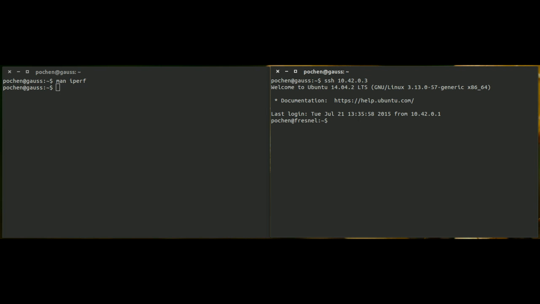And then on Fresno, I'm going to start listening. So I'll do iperf -s. So it's showing you that the server is listening on TCP port 5001. Right. And then on Gauss, on my gateway, I can generate the traffic by doing